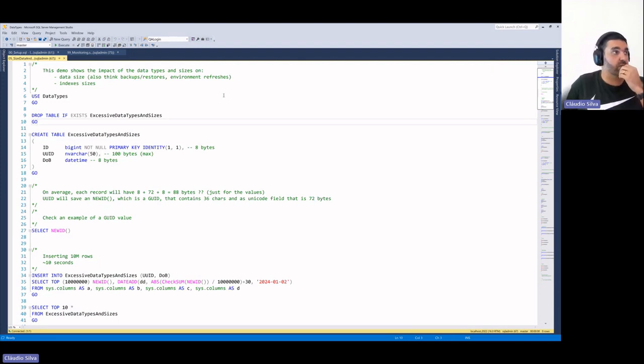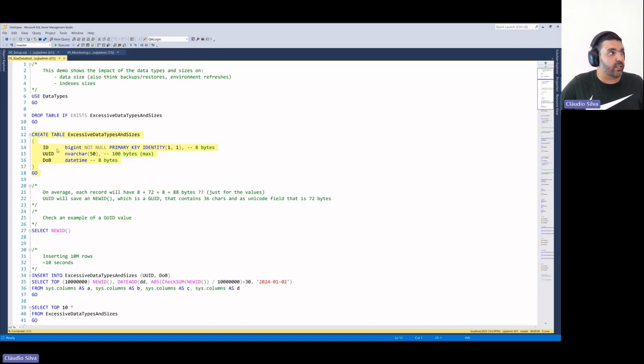Why? Because if you go too greedy or with huge data types, it can hurt performance later on, or even with a few records you can start having some problems. Let's see an example.